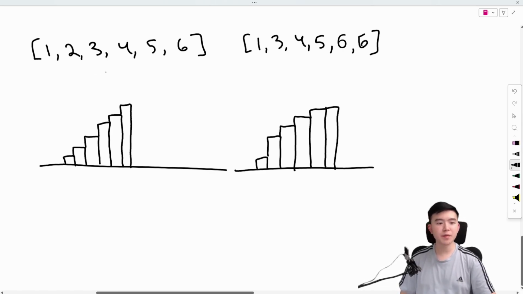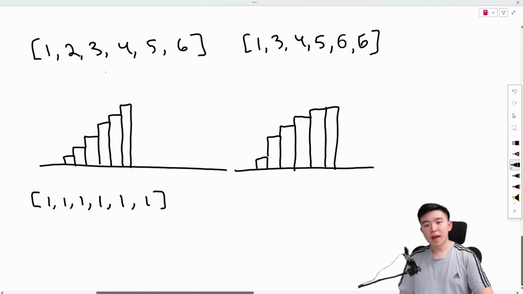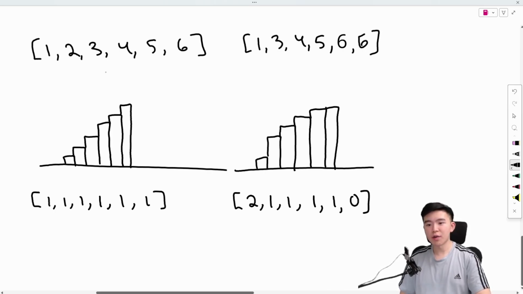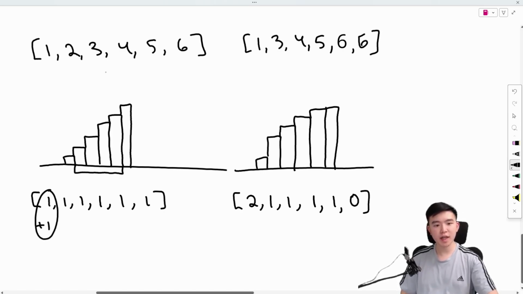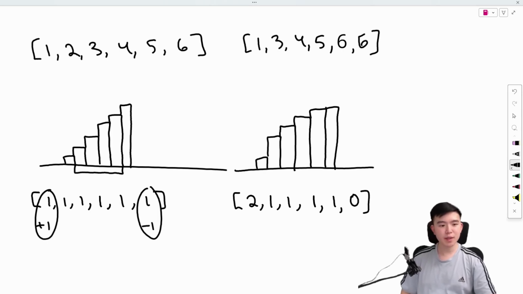Now in terms of deltas, the original delta array is going to look like 1, 1, 1, 1, 1, 1. And the resulting array looks like 2, 1, 1, 1, 1, 0. Now notice what we did here is we raised these middle 4 bars, and the corresponding operation in the delta array is going to be +1 to this first element and -1 to this last element. And what's happening here is that between the first and the second bar, we're giving the second bar a boost, so that's what this +1 is for. And this +1 carries over into the next 4 indices, but we don't want it to carry over into any of the following indices, and that's why we have this -1 over here,